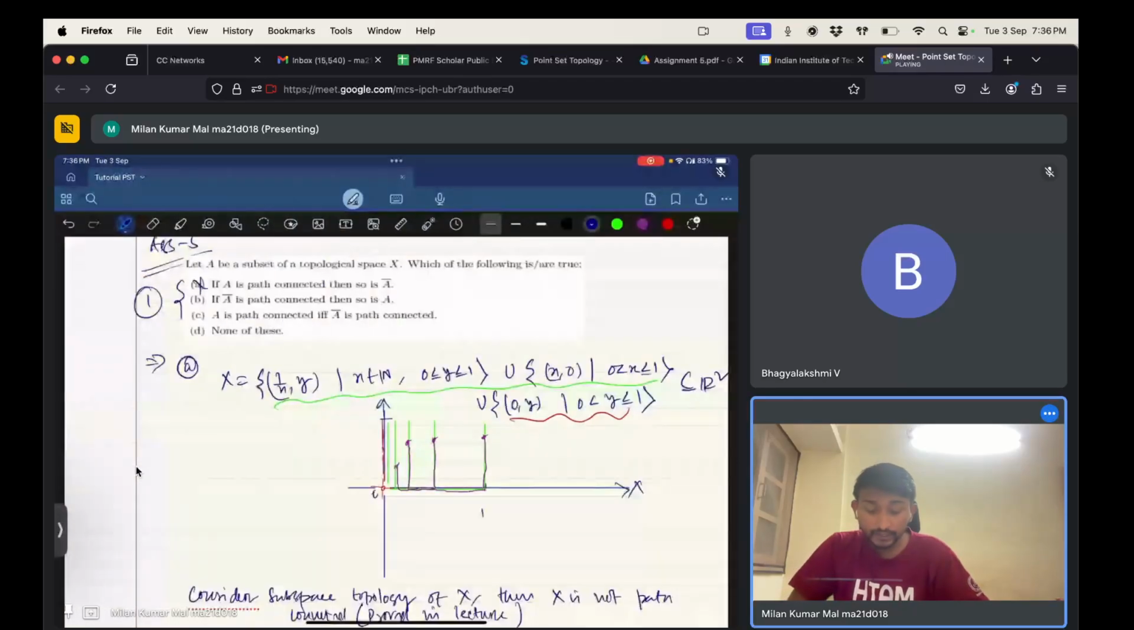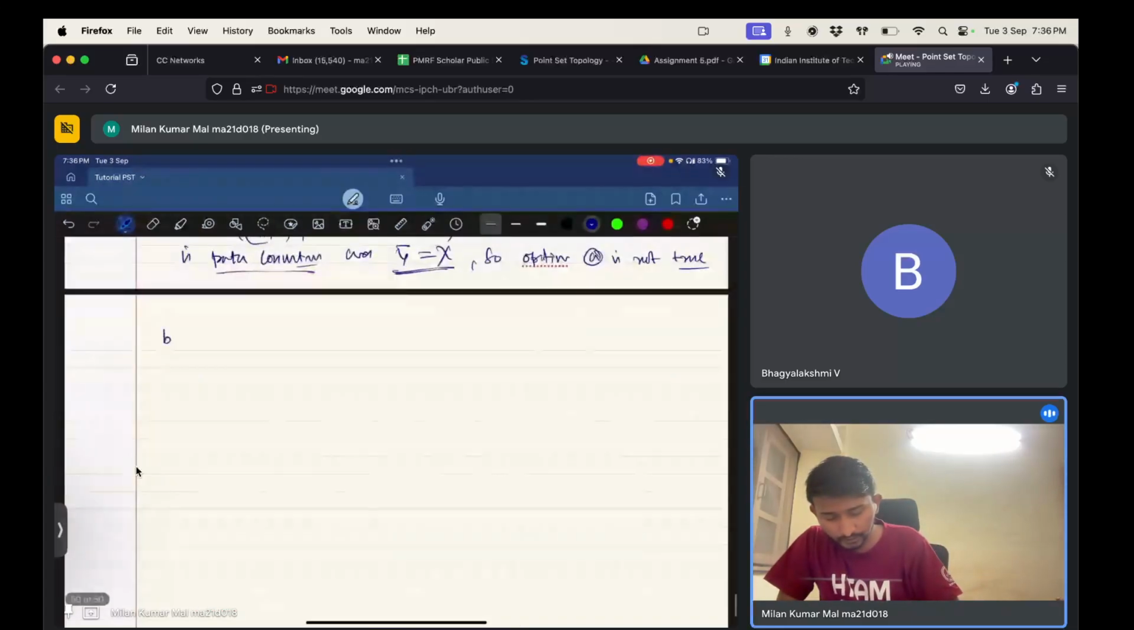Now for option B: if option A is not true, then obviously C is also not true, because C says that A is path connected if and only if its closure is. So if one side is not happening, there is no chance that both sides happen. Now I have to check whether option B is satisfied or not. If A closure is path connected, then so is A or not. For B, take A equal to